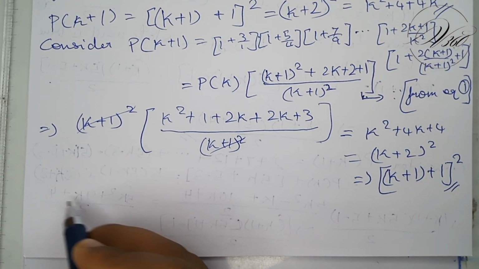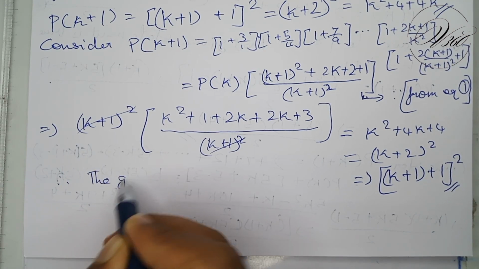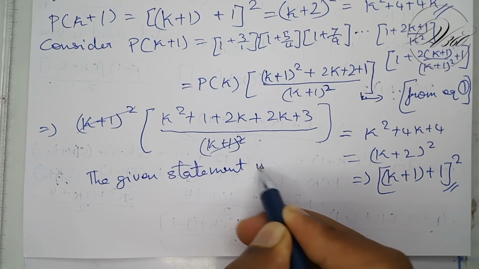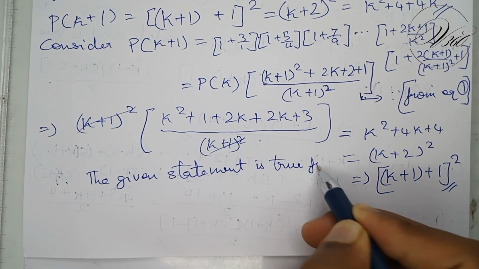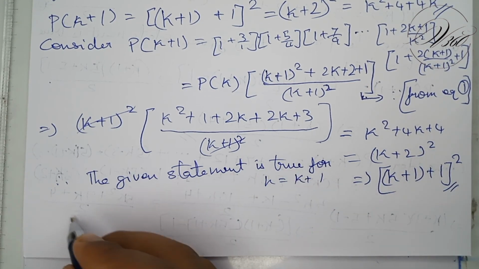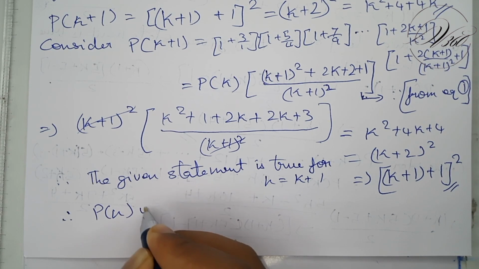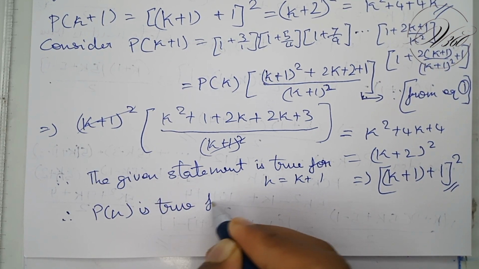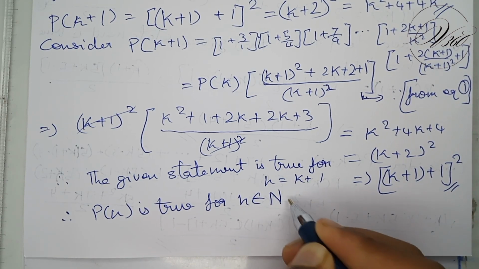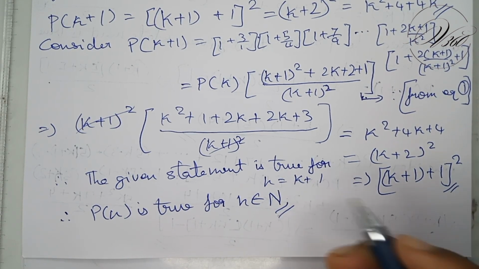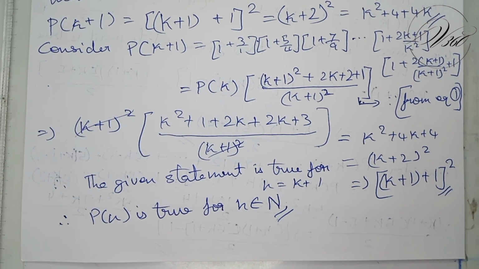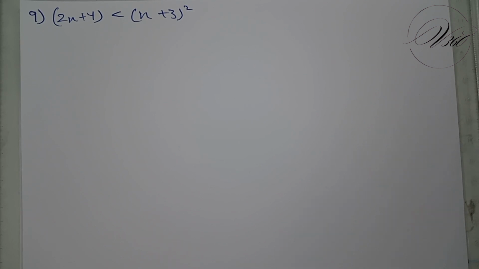Okay, now we'll write the therefore statement. The given statement is true for n is equal to k plus 1, and therefore P of n is true for n belongs to capital N, that is natural numbers. Okay, now we have completed the 8th question. We will go to the 9th question, that is, now we are going to do the 9th problem, that is